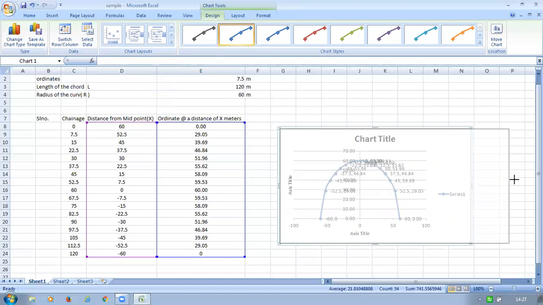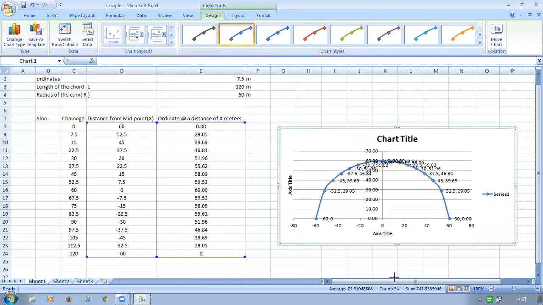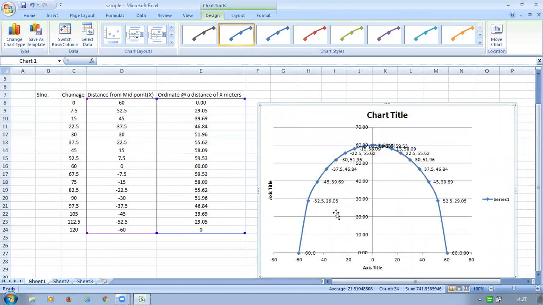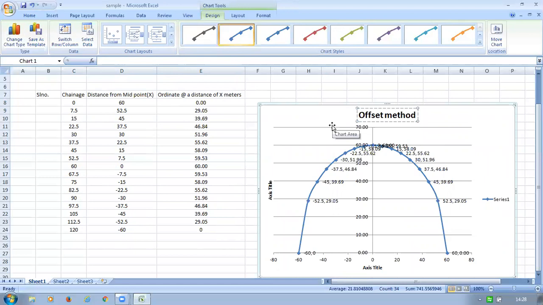So this is showing this value, and now we can enlarge this graph as per our requirement. And you can edit this chart title here: offset method.